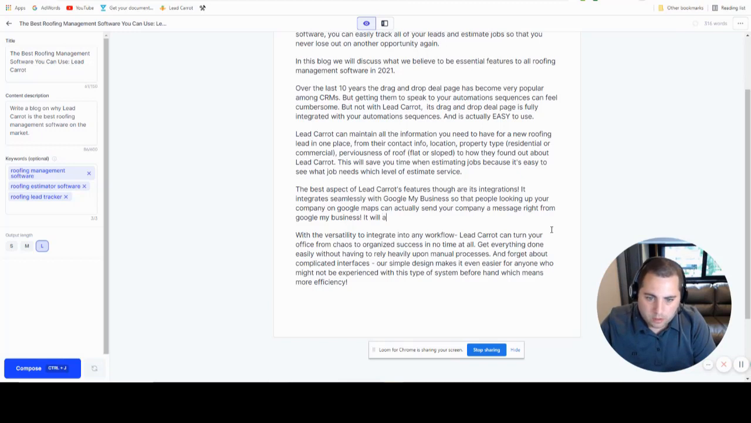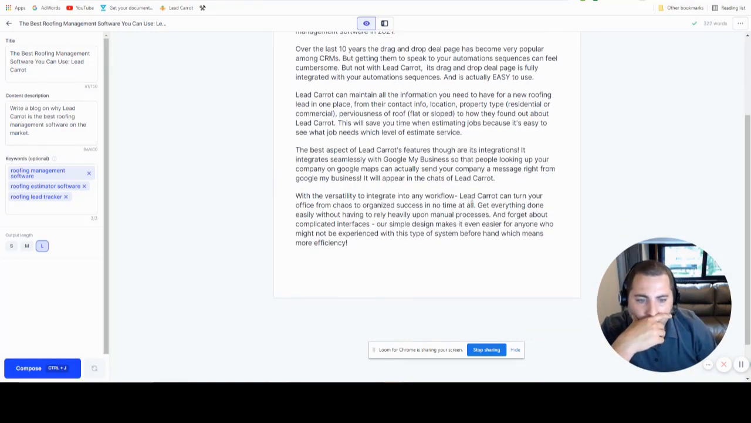It will appear in the chats of LeadCarrot. With the versatility to integrate into any workflow, LeadCarrot can turn your office from chaos to organized, blah, blah, blah. I like that. Systems. LeadCarrot,